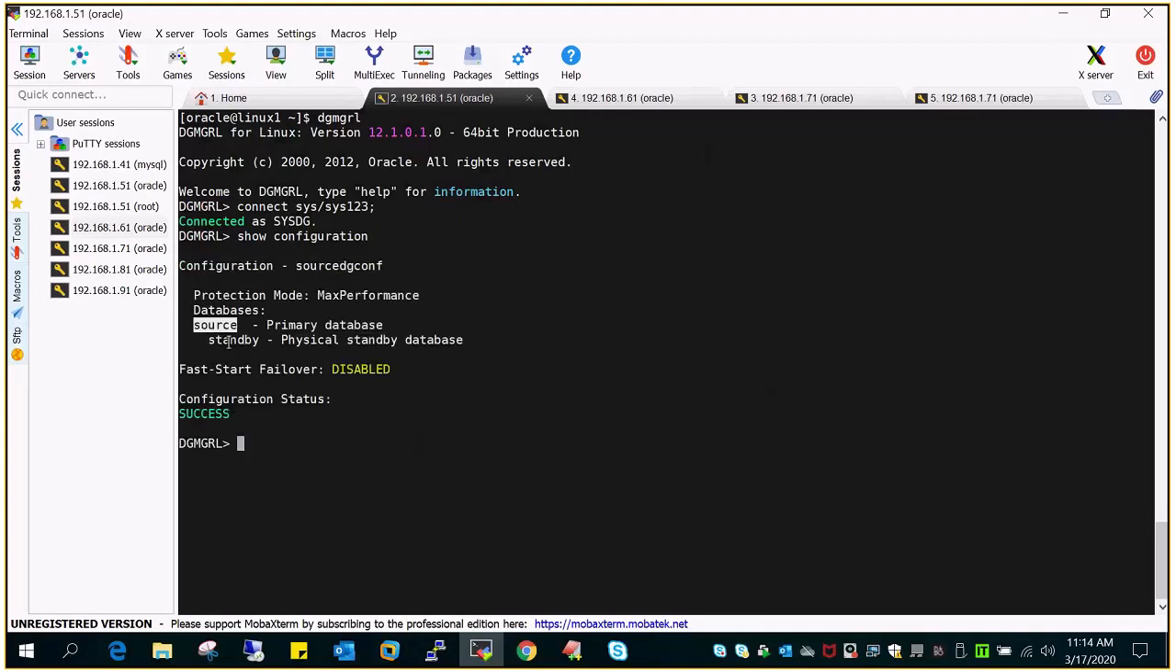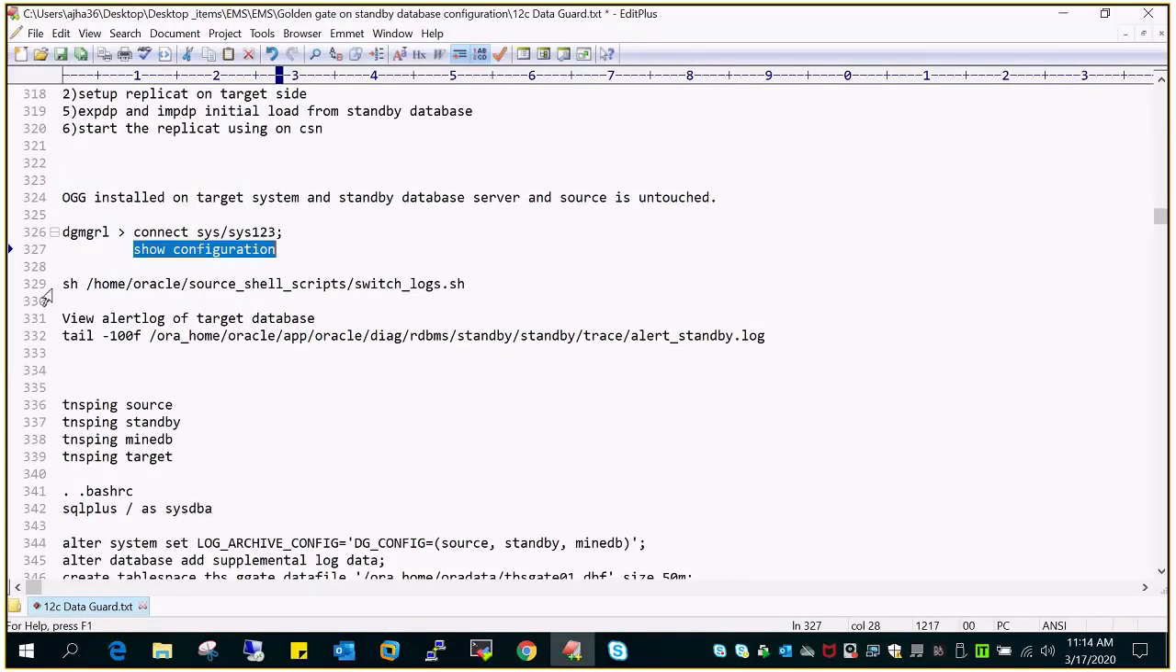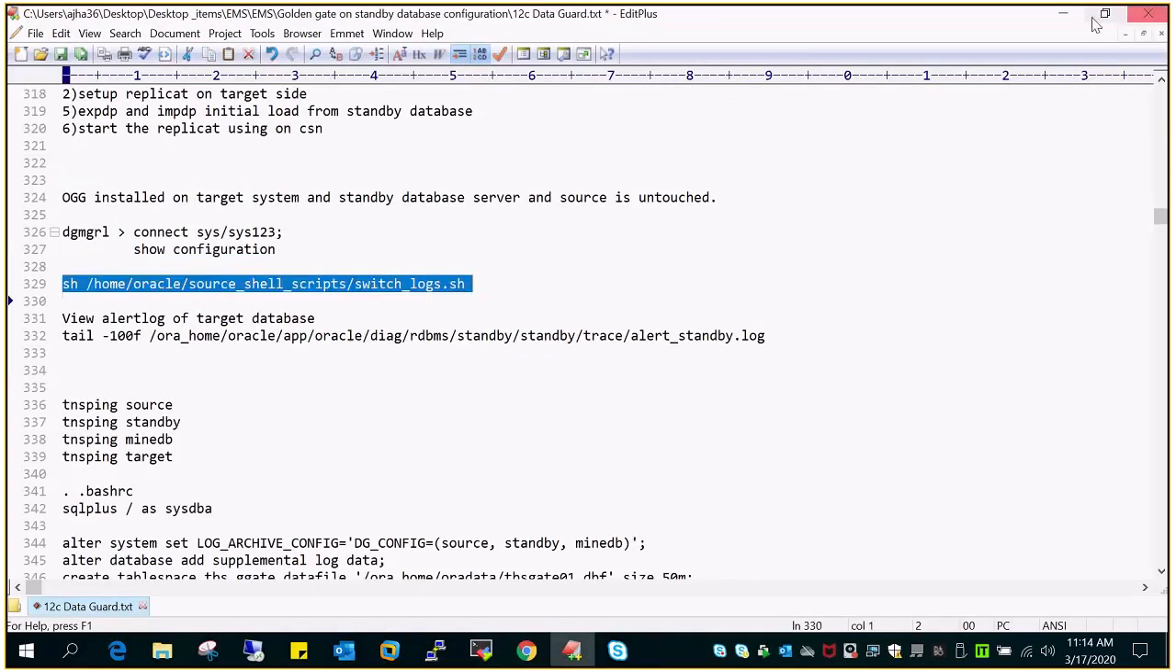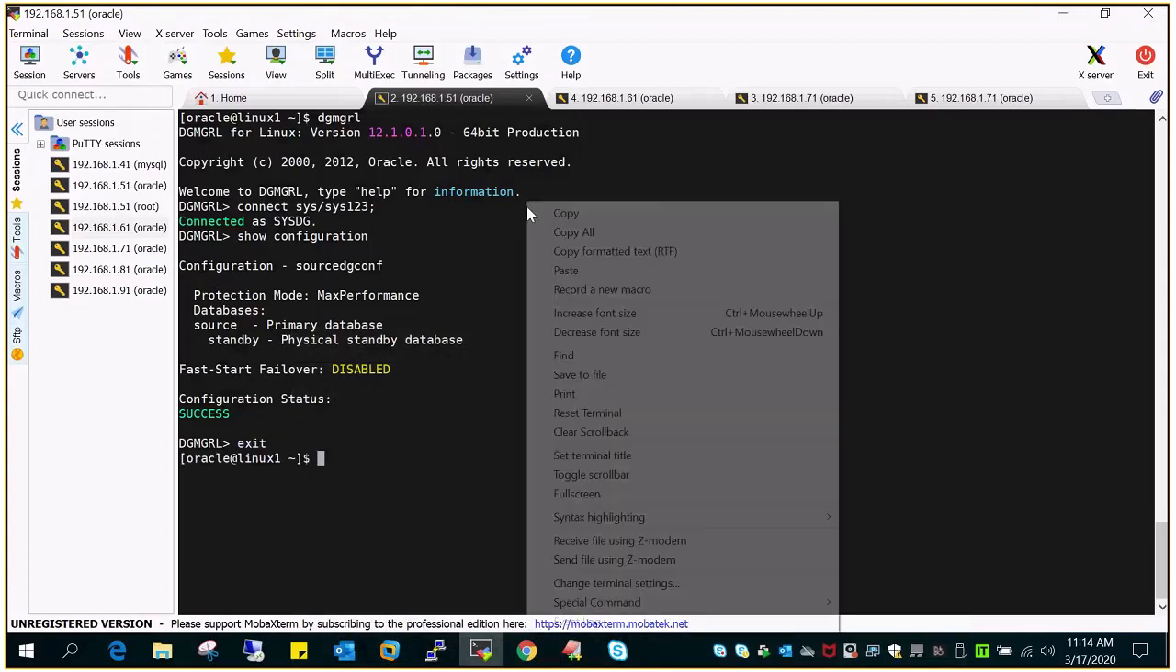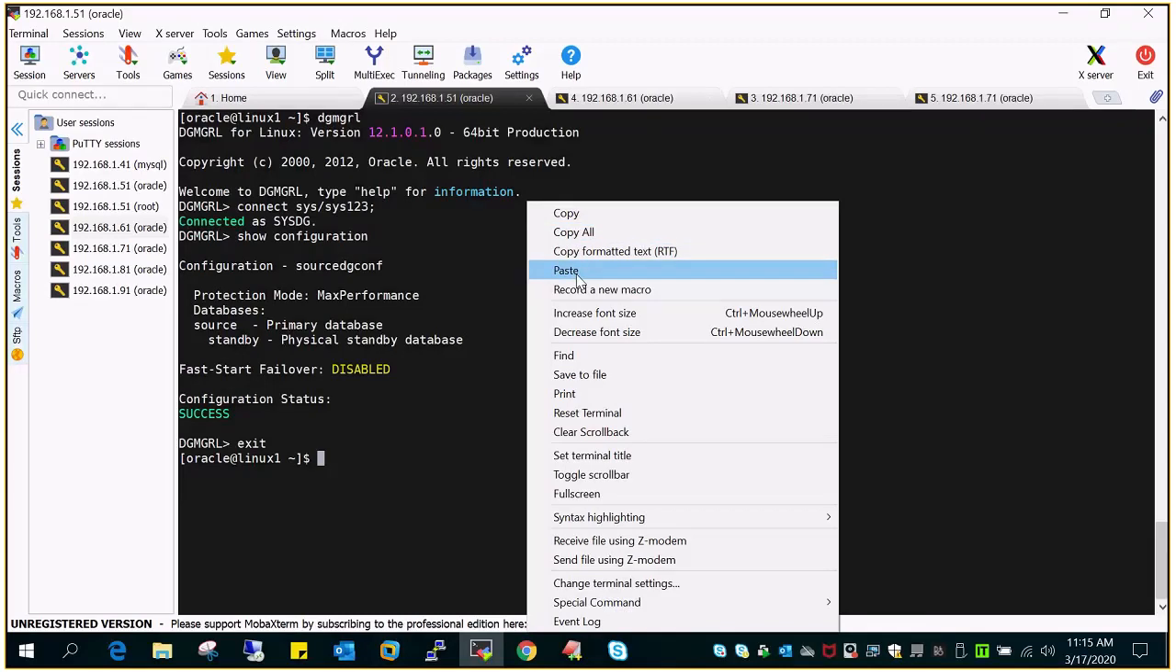So you can see my primary database name is primary, the physical standby database name is standby, and the configuration status is success. Let me show you a script which is on the primary database. What it is going to do is it will just do the switch log, and I'm already logged into